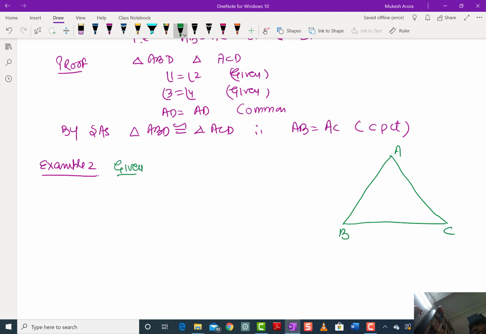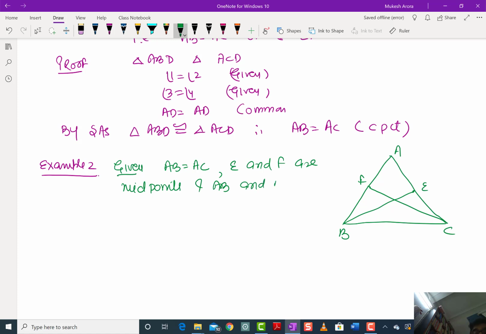Given is AB is equal to AC and E and F are midpoints of AB and AC. To prove that BE is equal to CF. Proof: